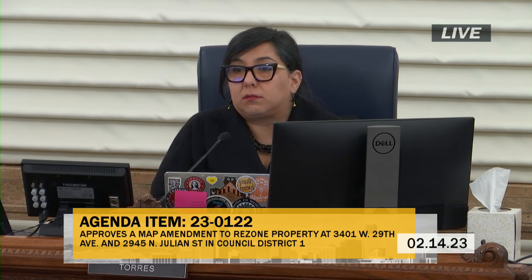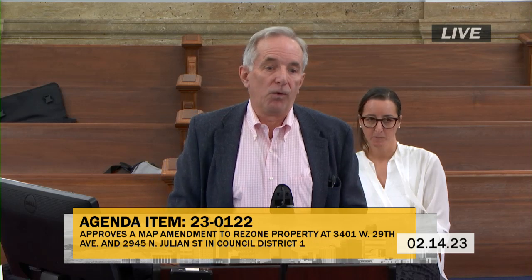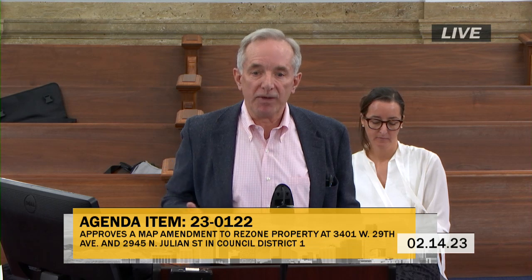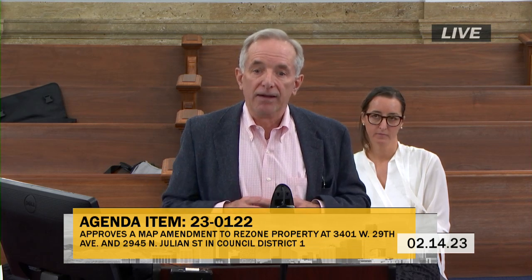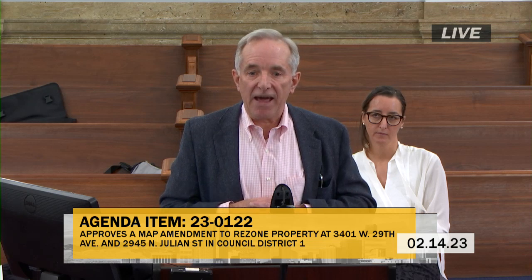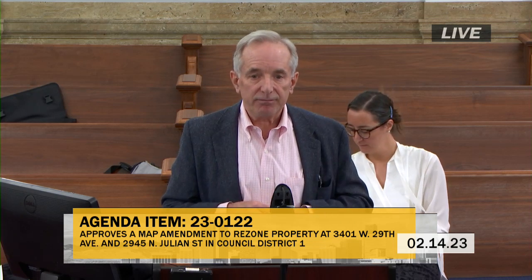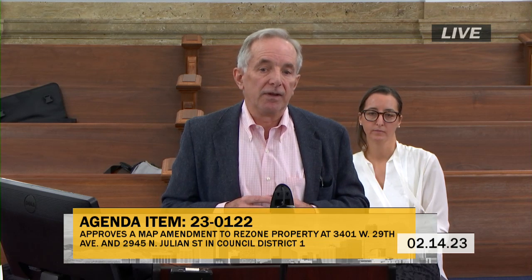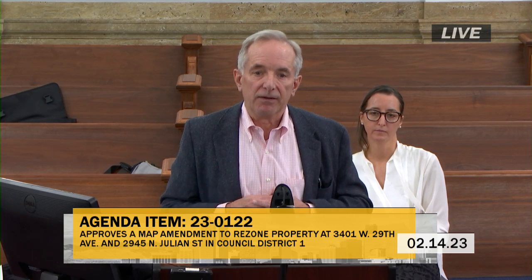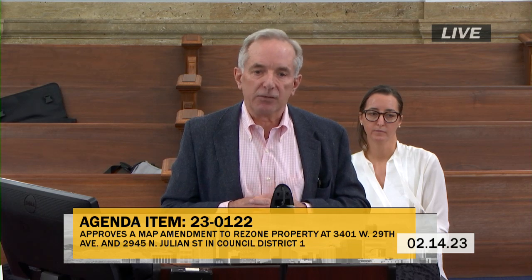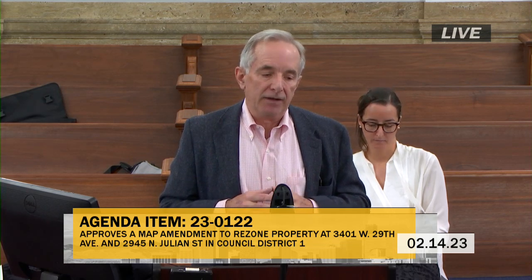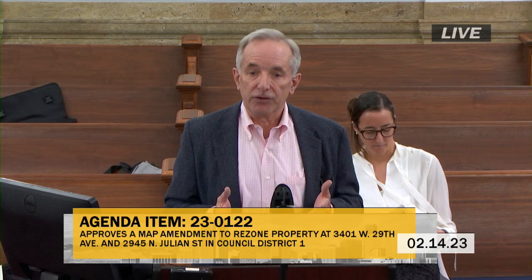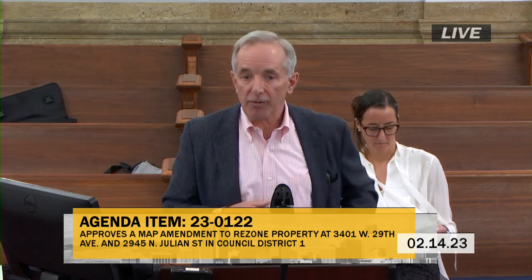Sure. So the covenant does a number of things. One is that it limits the number of uses that would otherwise be permitted in the zoning to a very narrow list of uses that the neighbors felt were compatible and that they'd be pleased to live nearby. And so they're primarily residential uses, and then some limited uses, food and beverage operation, that type of thing, no intense commercial uses. And then the covenant goes beyond uses that are identified in zoning, and puts further restrictions on the property.